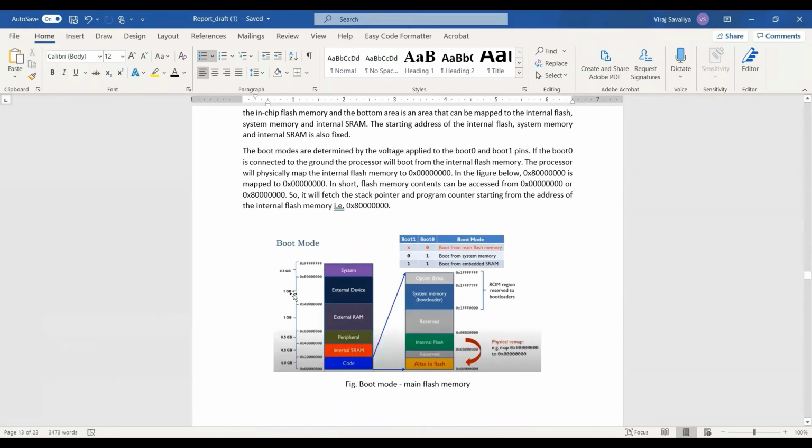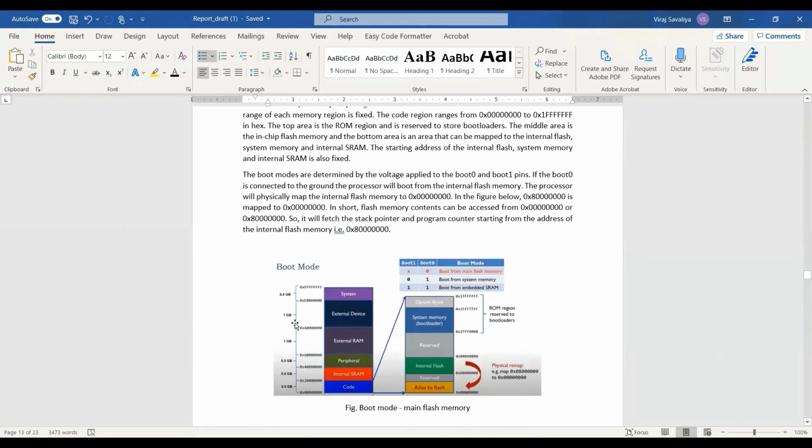Over here, you can see the entire memory map, and these are the addresses for their respective sections, and this is where the code resides. So in the booting process, the boot 0 and boot 1 pins are checked, and accordingly, the boot mode is activated. For the first one, that is X0, the boot is done from the flash memory.